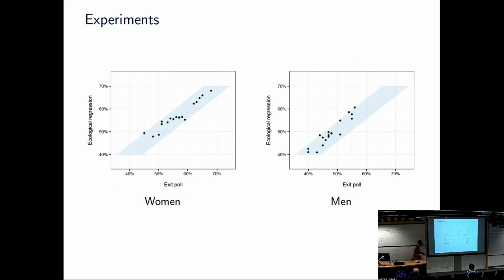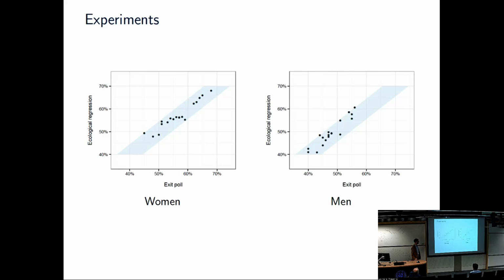I don't know if those colors show up. Okay, well, you can see the points. The y equals x line, perfectly fitting, would be here. Of course, now that I know more about exit polls, I'm okay with it not perfectly fitting, right? It's not really ground truth. And then how do we do uncertainty intervals? So the exit polls have a margin of error, which is huge. And so that's what's shown here. I also have confidence intervals for those, which I'll show in a minute. But anyway, we do something sensible.